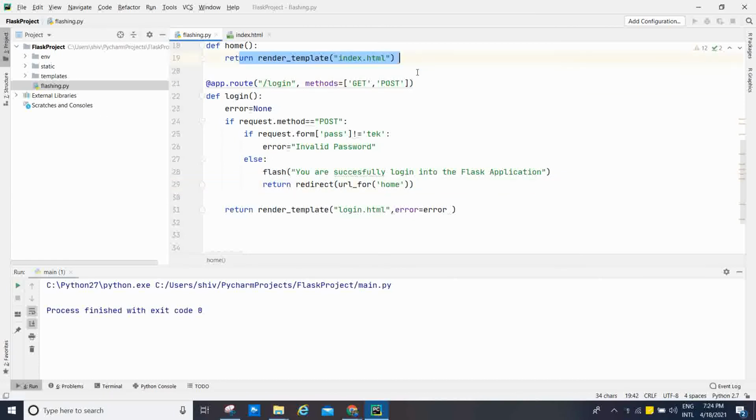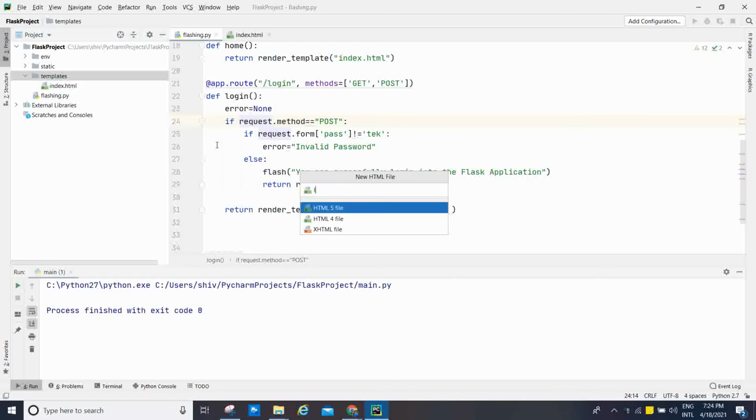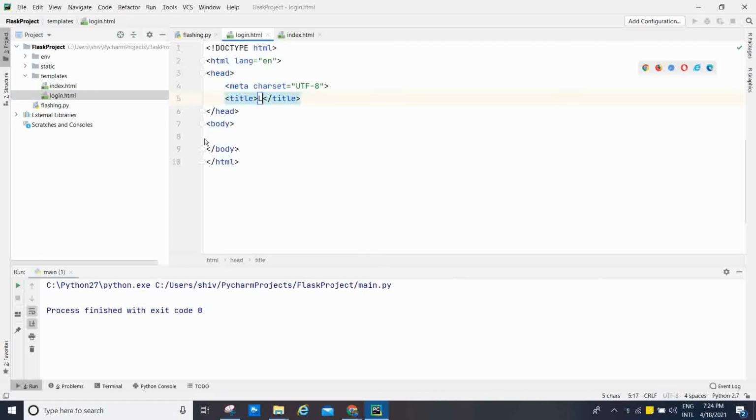Now I am going to create one login page here, right click new HTML file, login, okay, this is the login page. Now here we are going to display also the Flash message.